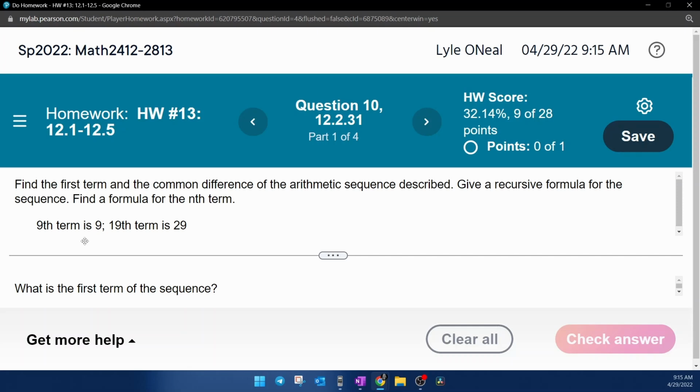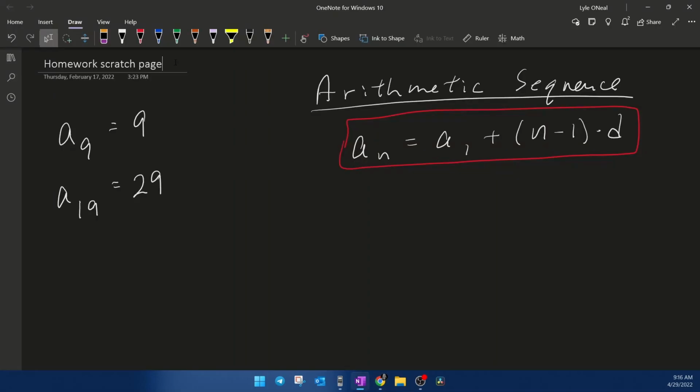So let's take this information, the fact that the 9th term is 9 and the 19th term is 29. Let's take that to the scratch work and find the answer for the first question. It says, what is the first term of the sequence? Again, one of the major things you need to know is that they do say it's arithmetic, which means that this formula is in play. And we're going to use this given information, the 9th term is 9, the 19th term is 29, to come